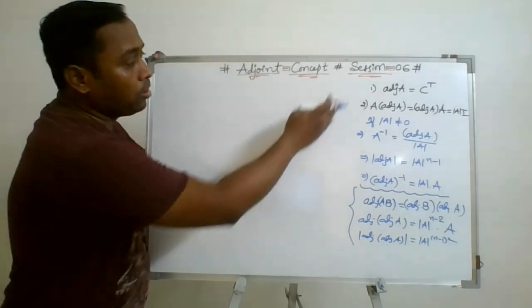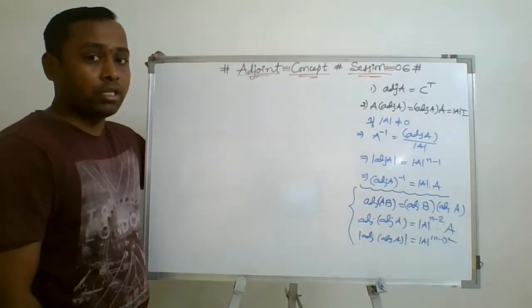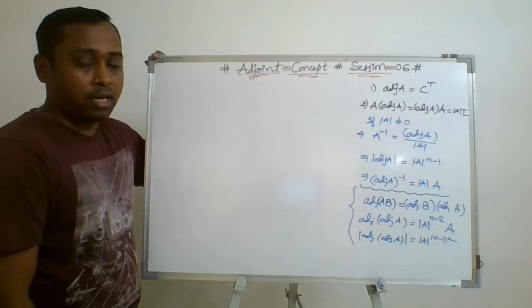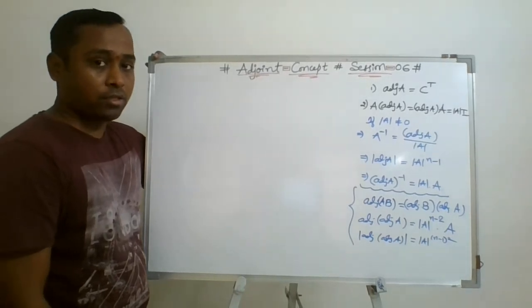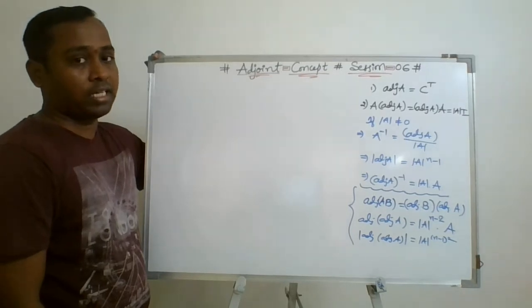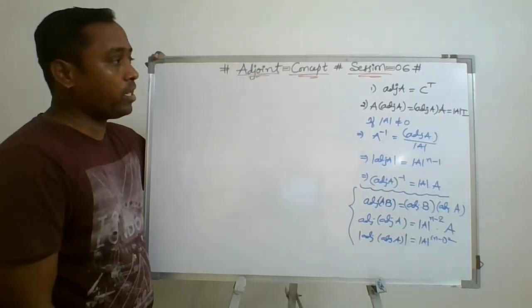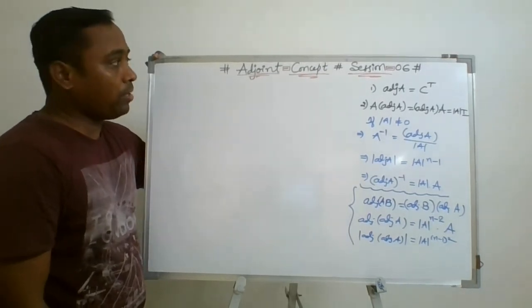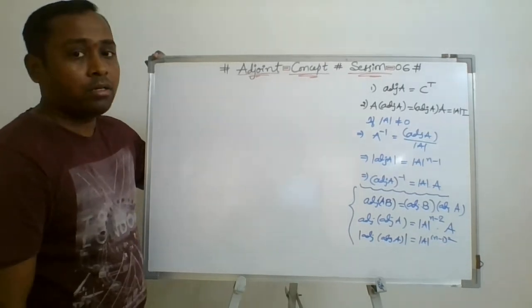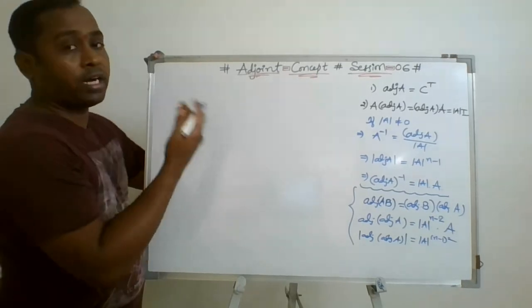Now, based on these fundamentals, we are going to discuss a few questions here, one after the other. I am taking a 2 by 2 matrix first to find the A inverse, and then we'll discuss a 3 by 3 matrix to find the A inverse. Thereafter, one important sum which we'll be discussing. So now I am taking one common square matrix to find the A inverse.